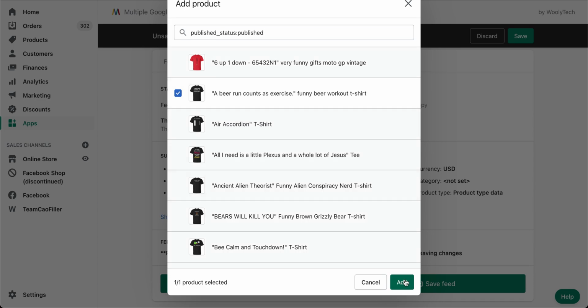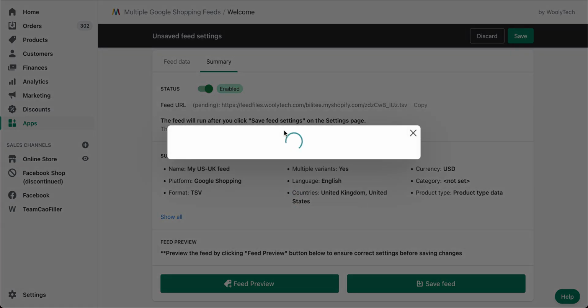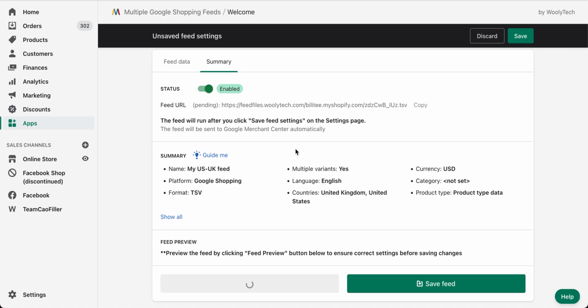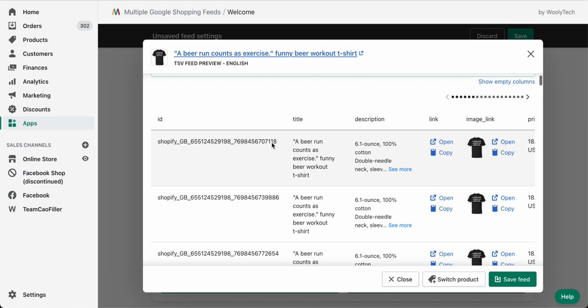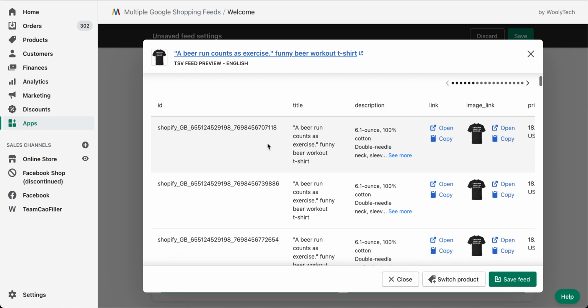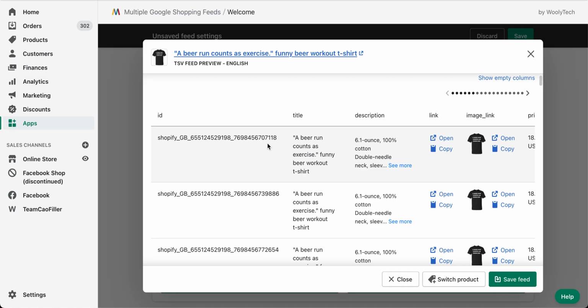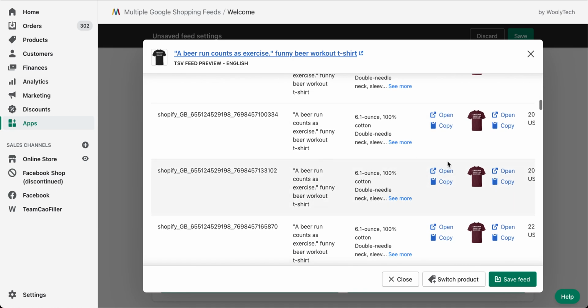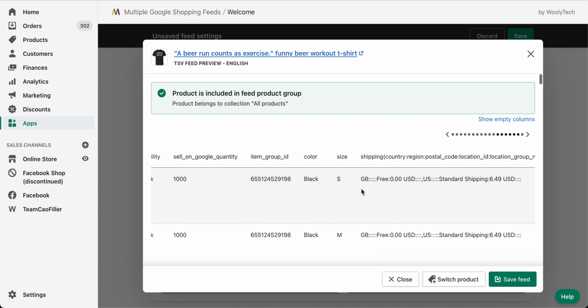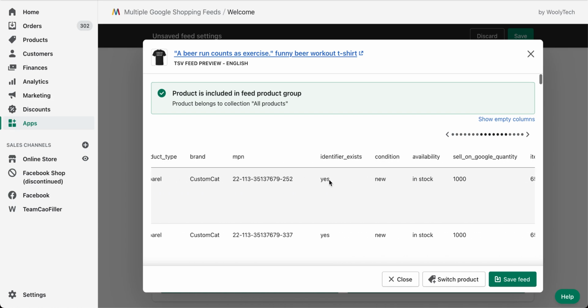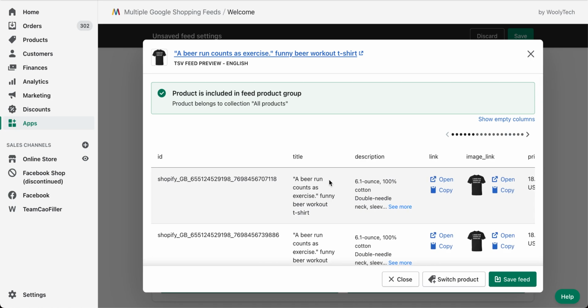Right, I want to select a product and the app is supposed to present the data that would then be generated from the product. Okay, here it is. So this t-shirt has a lot of variations in colors and sizes. So these are the items that would be generated in Merchant Center once I save the feed.